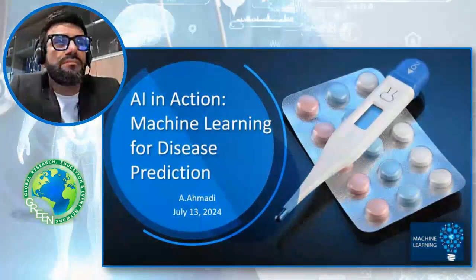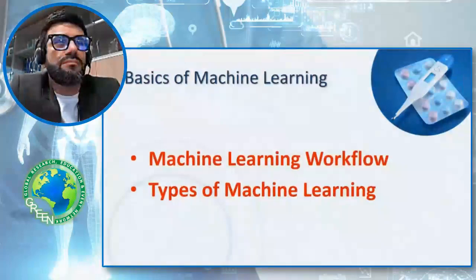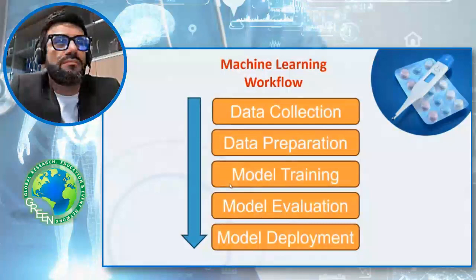We are going to start with the basics of machine learning. Machine learning is essentially a subset of artificial intelligence that focuses on building systems that actually learn from data and make decisions based on it. It can be categorized into two major parts: the machine learning workflow and types of machine learning. About the machine learning workflow,